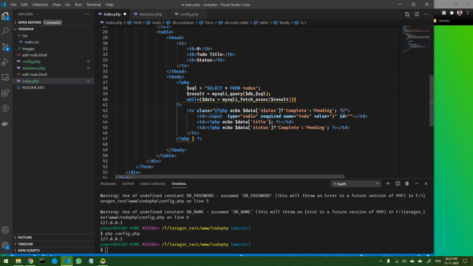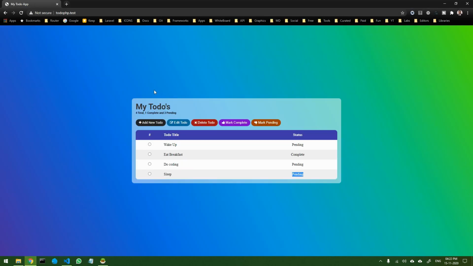So if the status is complete, the class that should be added is complete, otherwise there will be no classes. Okay, so just look at this statement. What I have done is, if I just remove this line, you would be able to better understand. So basically what I'm trying to do is, if I do not put any class, let me save it and refresh. Now this becomes a normal